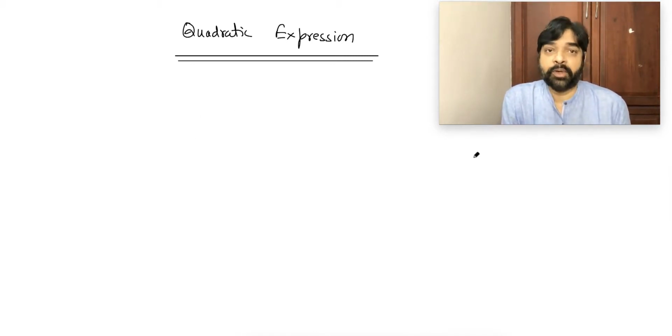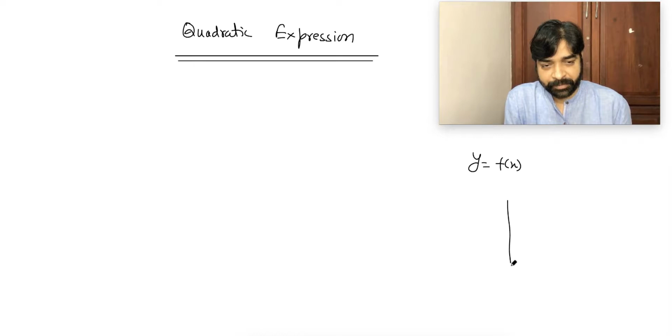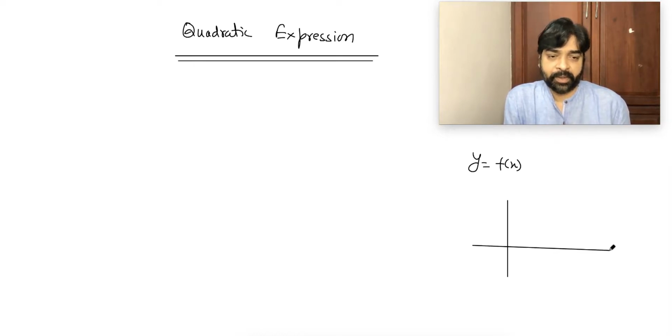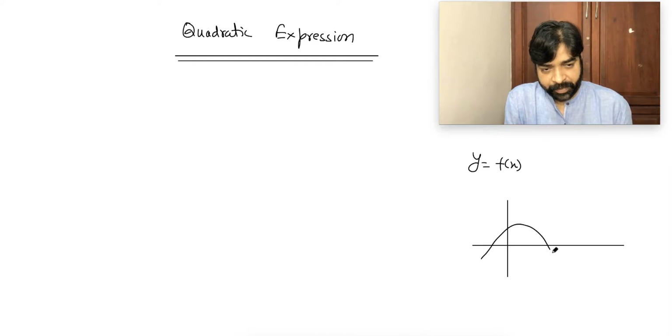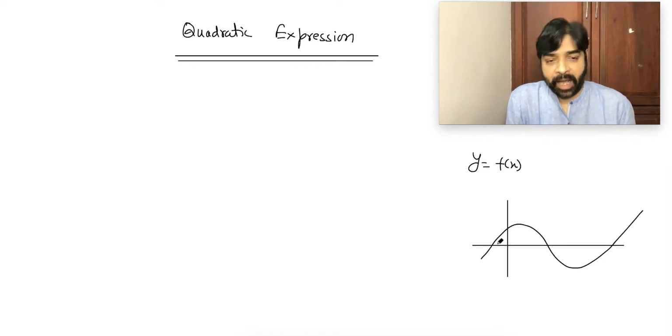Before starting anything, if I say y equal to f(x) is a function and its graph is something like this, watch carefully everybody. Imagine the graph this way, and let's say this point is x equal to a, this point is x equal to b, and this point is x equal to c. This graph says one thing: at x equal to a, b and c, f(x), or y, will be 0. Are you able to understand? Because here the y value is surely 0. This is the x-axis, and on the x-axis y is 0.